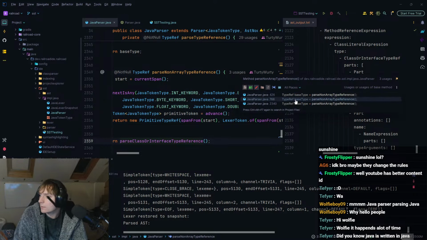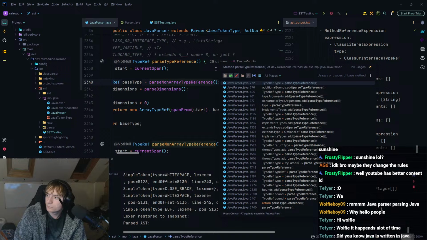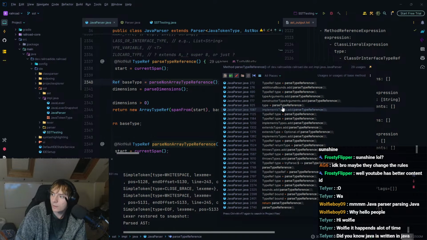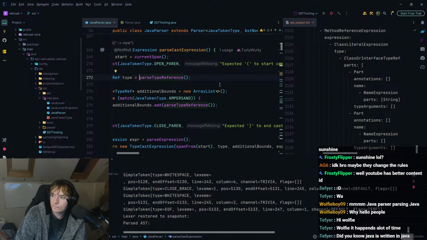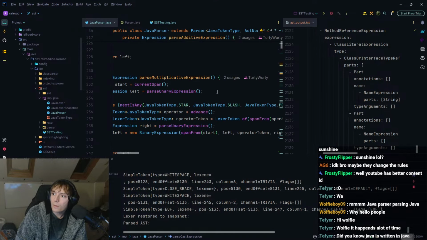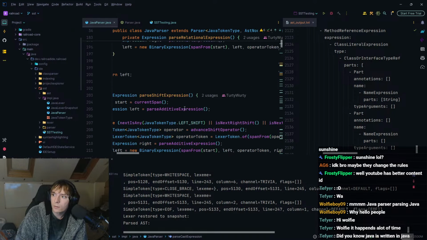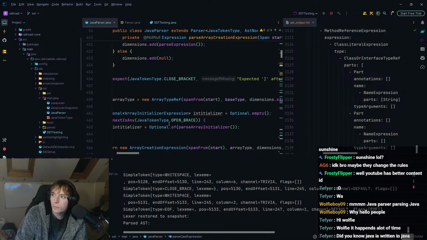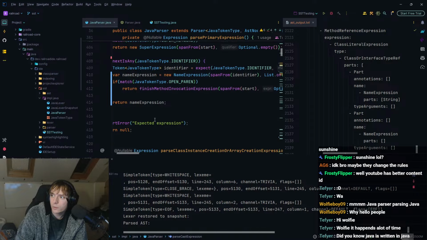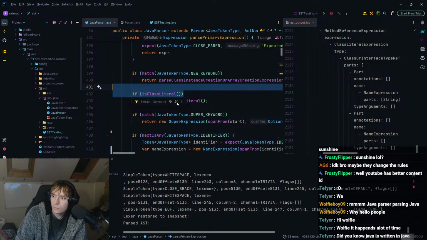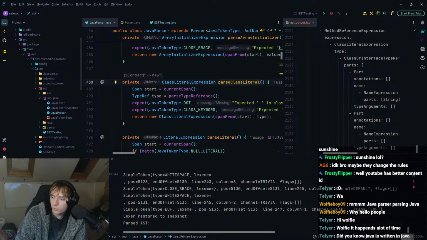Now, how do we find? Probably that one. And then we have to find the one we want, which is going to be up here somewhere. Probably this one. Not that one. Okay, let's try and find parse postfix primary. Primary will do. Parse class literal, which does that.